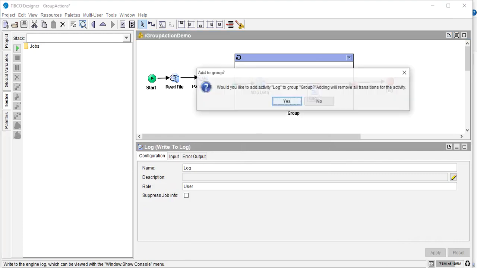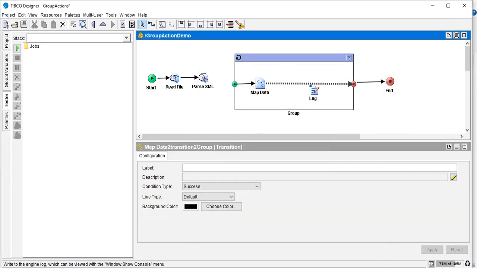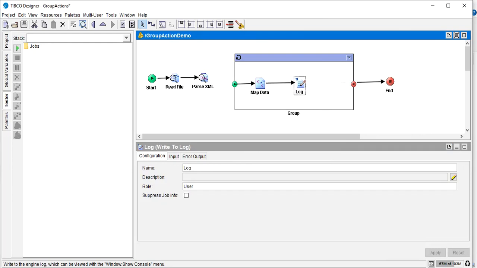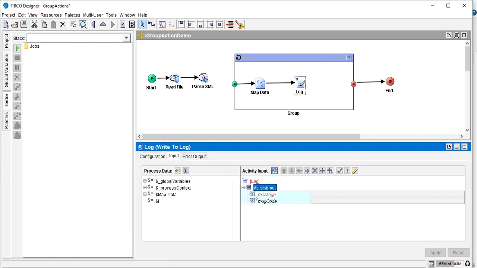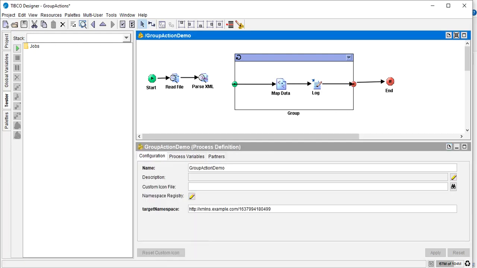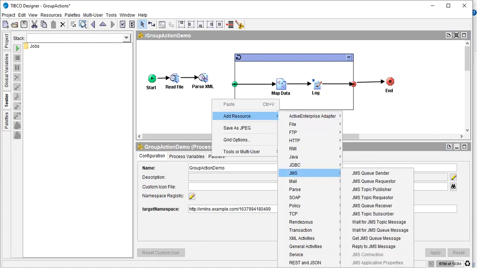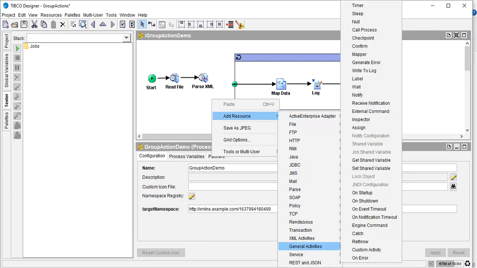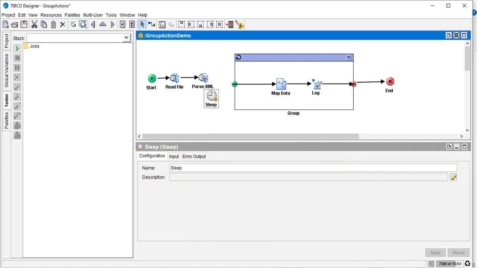So I'm going to add this, and in this I will write something as whatever the output of the mapper. Okay, and I will just end it. Before that, I want to add a sleep, because otherwise it will continue writing to the log. So I will just add a sleep so that it runs every maybe 30 seconds or 25 seconds. So I will add from the general activities sleep activity in the beginning,